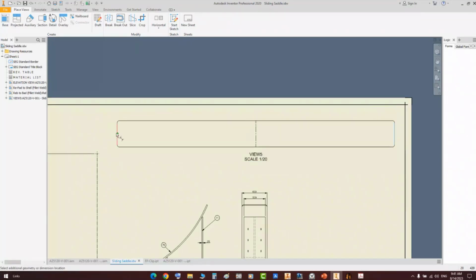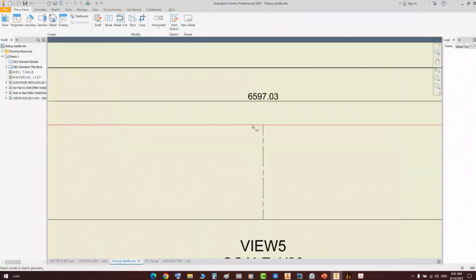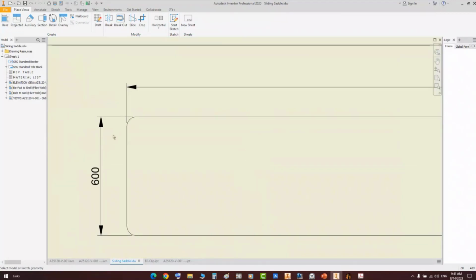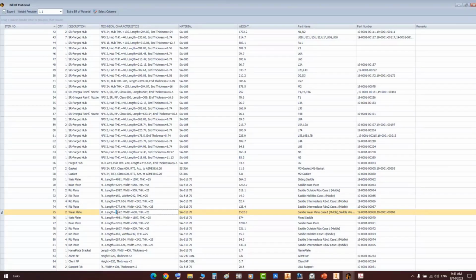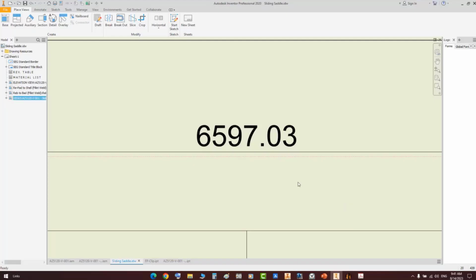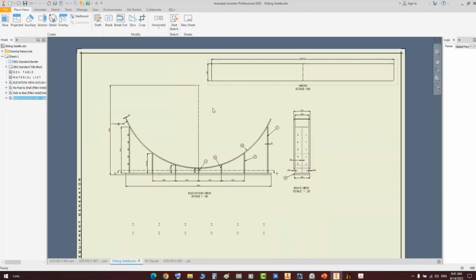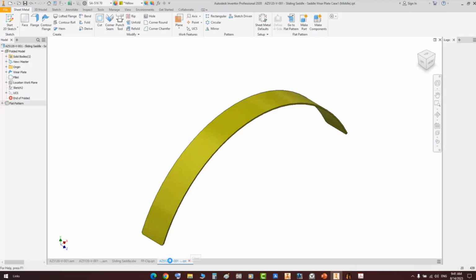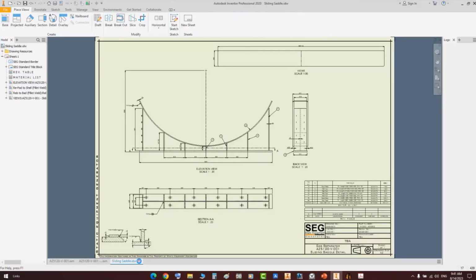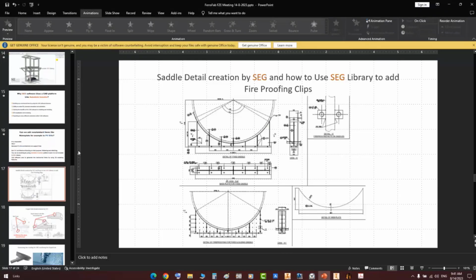So let's check the length of this wear plate and the width of this one. As you can see here, that's the length, which is 6597. And it's here the length of the plate 6597, which is the developed plate that I mentioned before rolling. Okay, and here's the width and the thickness of the plate. Okay, now let's take this drawing and let's close those opening documents, and let's come back to our